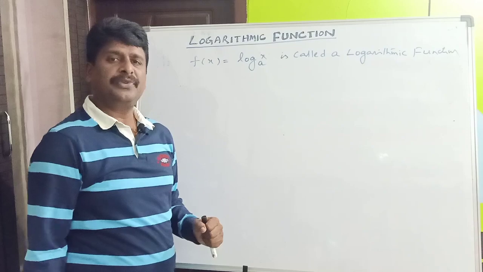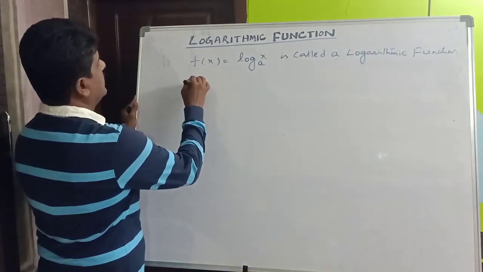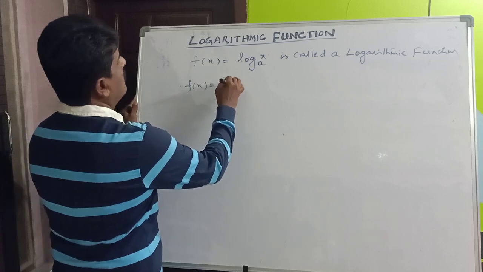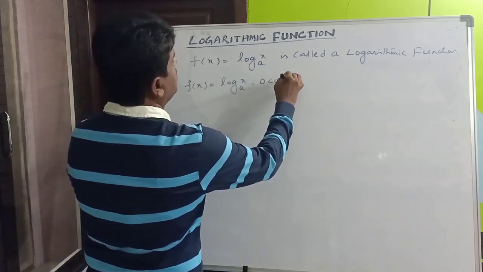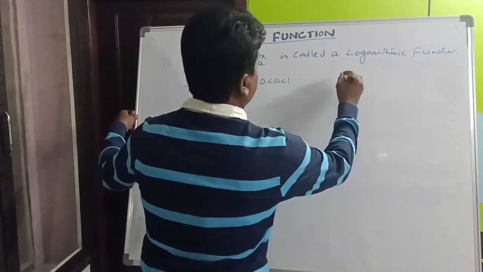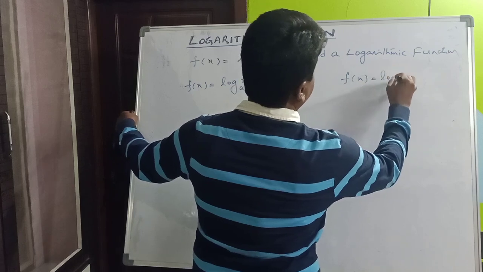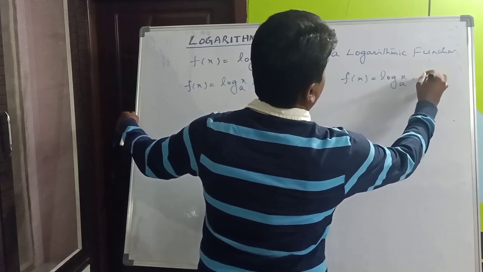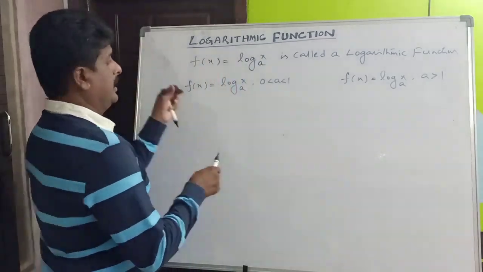Based on the base of a logarithmic function, here also there are two cases. One is log x base a where 0 less than a less than 1. The other one is f of x is equal to log x base a when a is greater than 1. Okay? Now you see